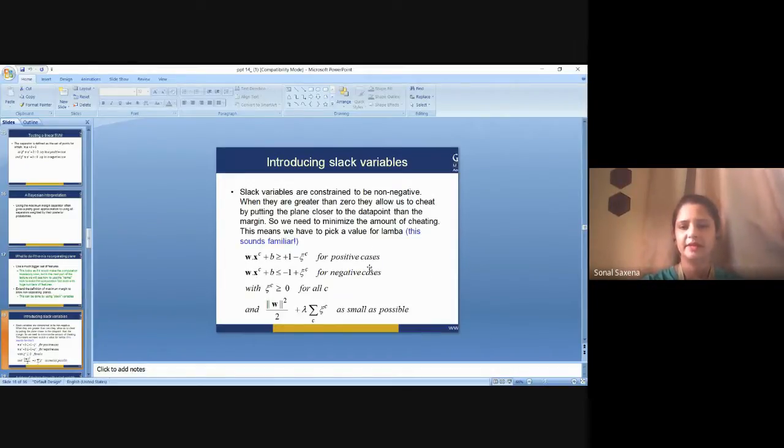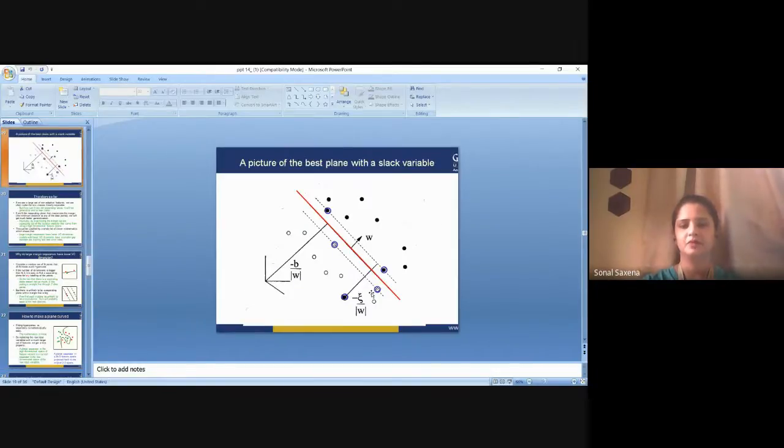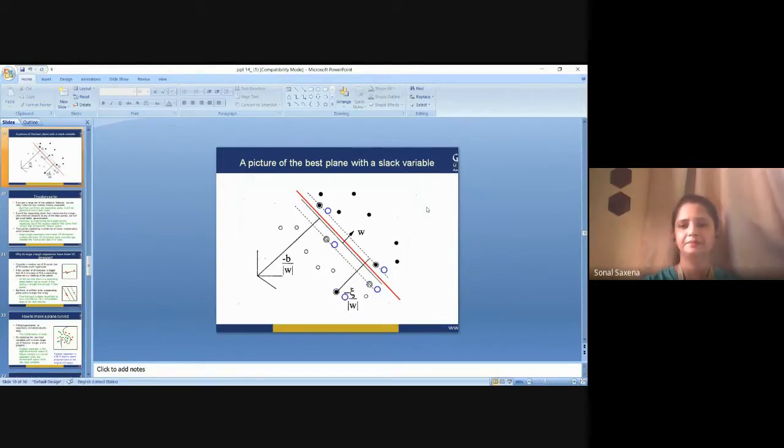So even the slack variables here, we are using these slack variables, which can be helpful for us. See how a slack variable can help you out in solving the problem. This is your slack variable. Here you can see this is how it is helping us out in finding a large margin.